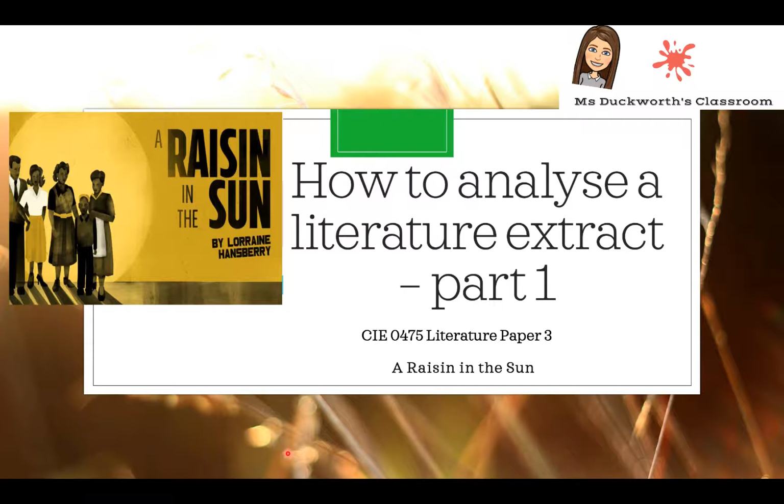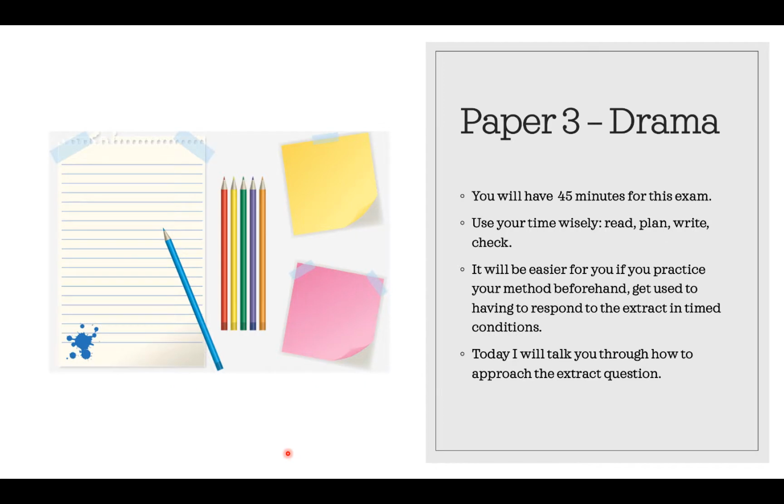Hello everybody, this is a video from Miss Dockwell's classroom and this is part 1 of how to analyse a literature extract. This is for the CIE 0475 literature paper 3 and it's focused on the play A Raisin in the Sun. Okay, so let's just have a quick look at what you have to do for paper 3,